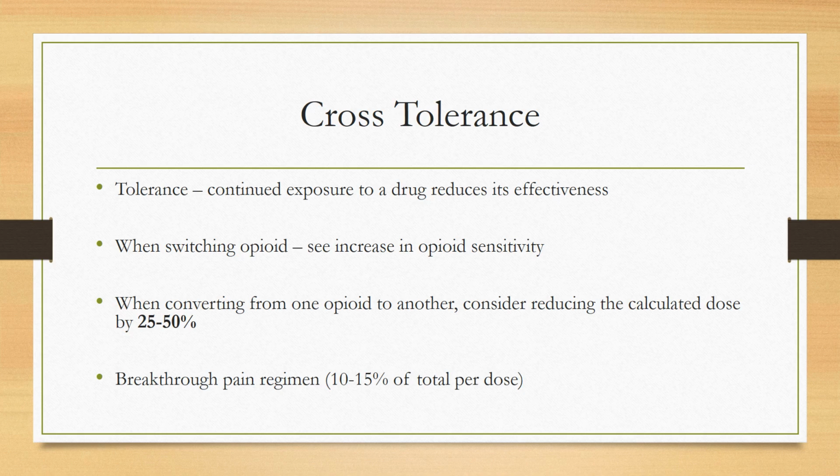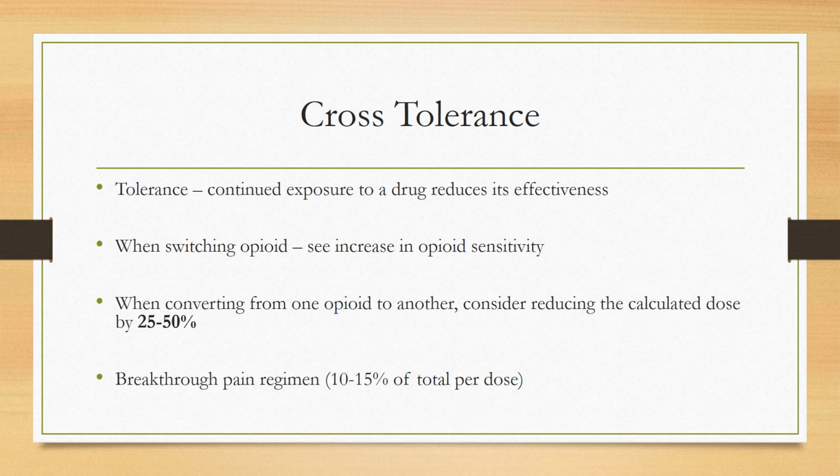So cross tolerance. In general, when switching between opioids, it's important to remember that not all opioids have the same potency. This is especially true with tolerance. Let's say you were started on oxycodone, you're on oxycodone for a long time, you decide to switch to Dilaudid. Well, if you use that little chart, you may get an equal dose. The problem is that